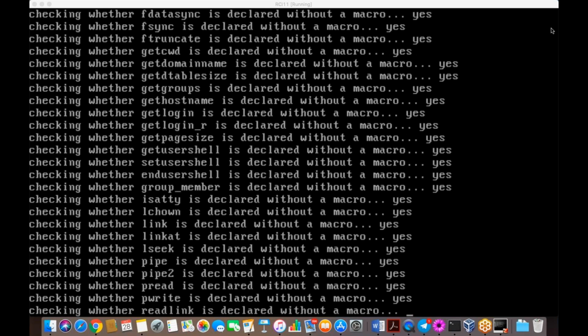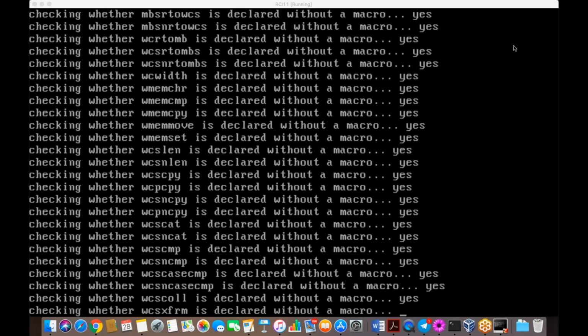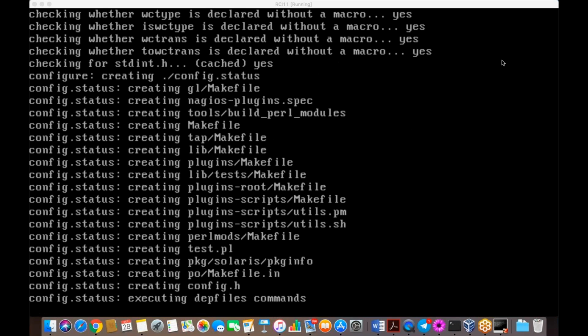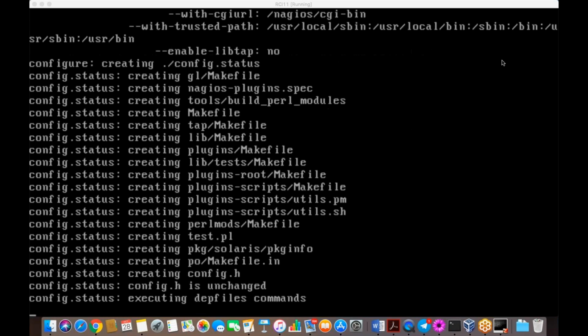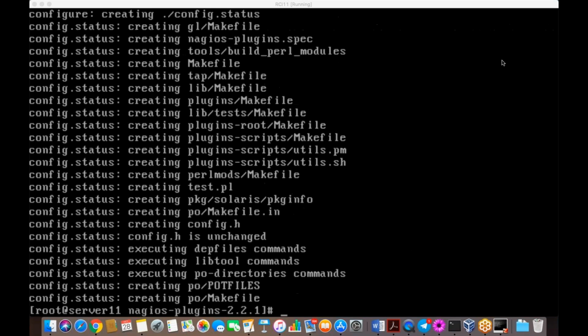Meanwhile, a small question. What are these plugins? I really have no idea, but they are required for this. Plugins, basically, I think. So what I suspect or think about is